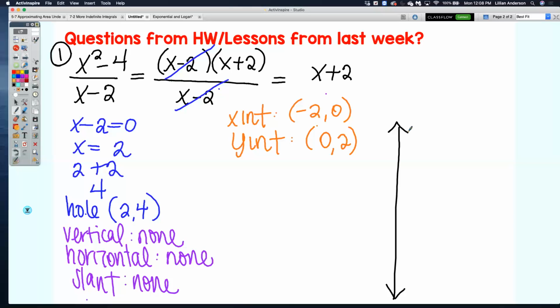So when we go to graph this, yes, it's going to look like a linear equation. Doesn't mean that it is a linear equation, it's still a rational one. I have an x-intercept at -2, 0. I have a y-intercept at 0, 2. And I have a hole at 2, 4. So to connect all those,